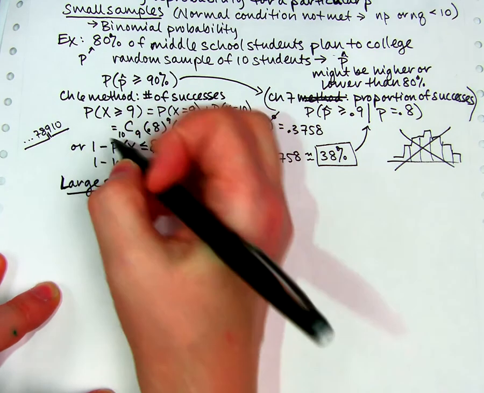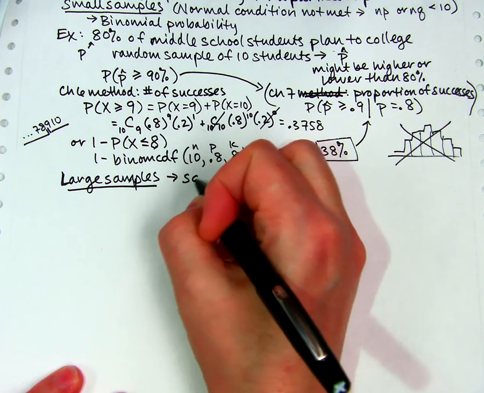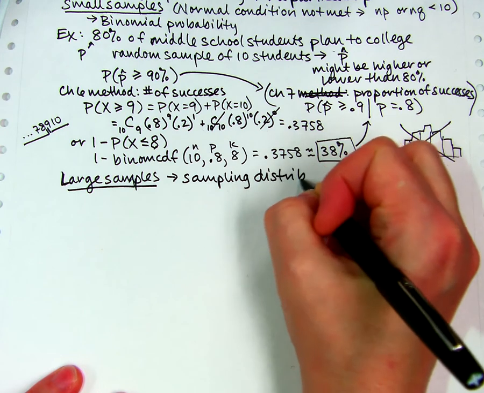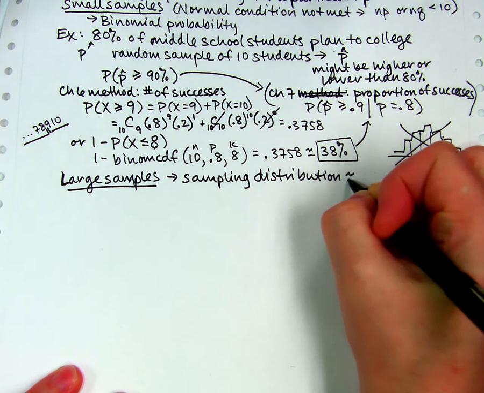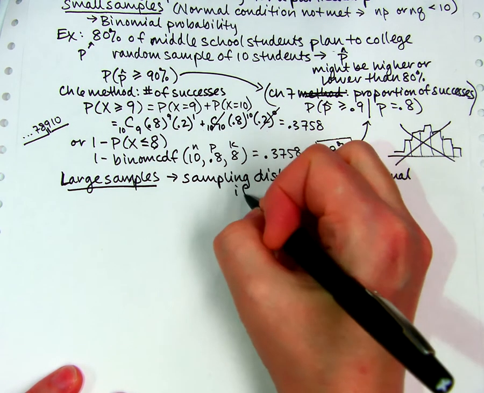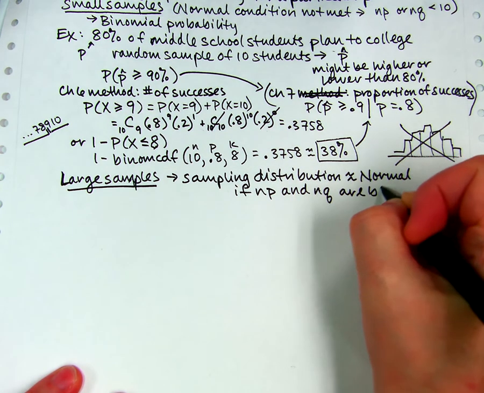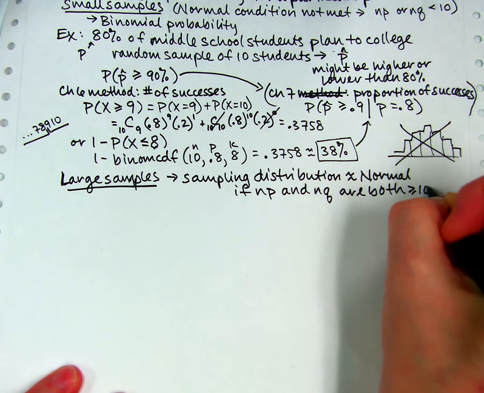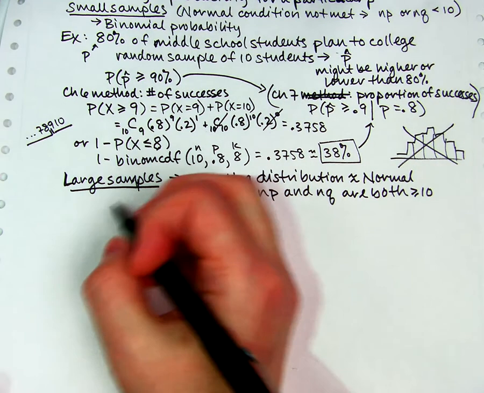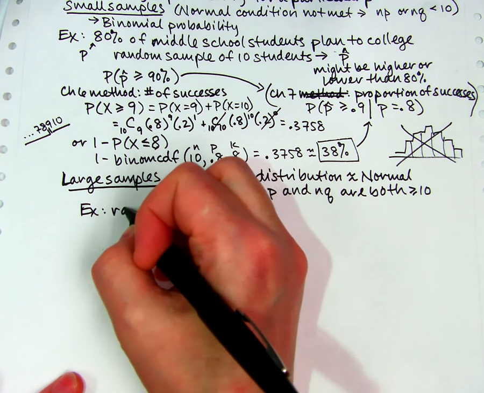If you have large samples and you're doing the same sort of problem, what that means is that the sampling distribution would be approximately normal. And remember that the way you check that, the normal condition, is if np and nq are both greater than or equal to 10. So I'm going to do a bigger sample this time and say, let's say we have a sample of 100 students. Same situation, 80% in the population. We do a random sample